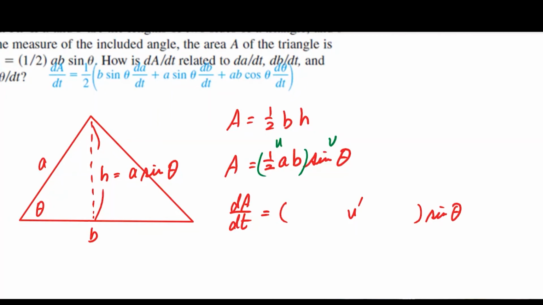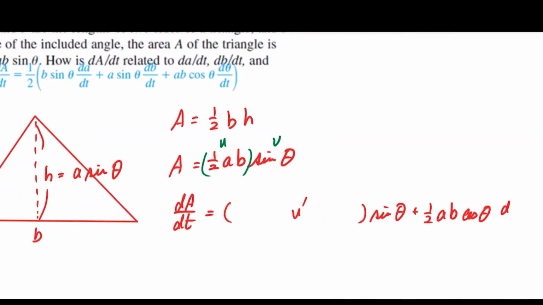You know what I'm saying? Whatever U prime is, I'm going to put it here, and then V plus U, which is this, and then V prime. You know what I'm saying? And then, of course, chain rule. You with me so far? That's just collecting this 1/2 AB as a U, and they're both variables, so there's a chain rule within itself, which I'm going to do now. So then this part, now 1/2 A is U, so U prime is 1/2 dA/dt times B